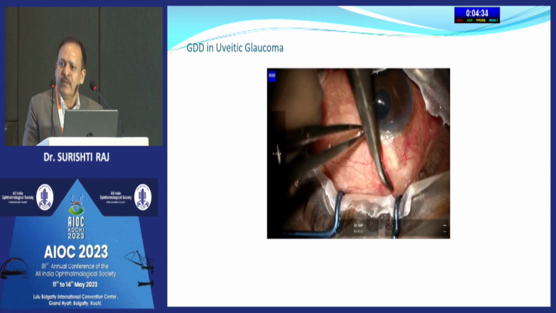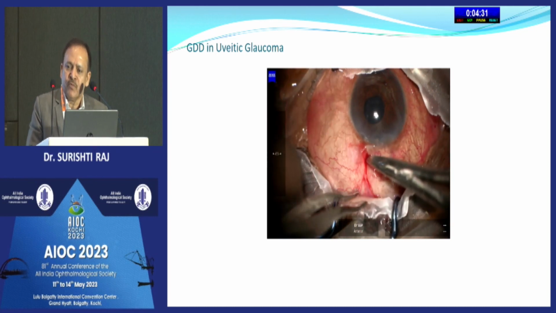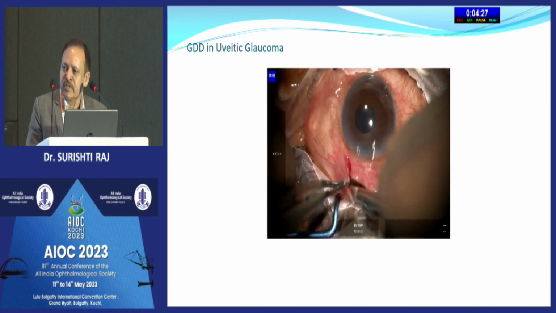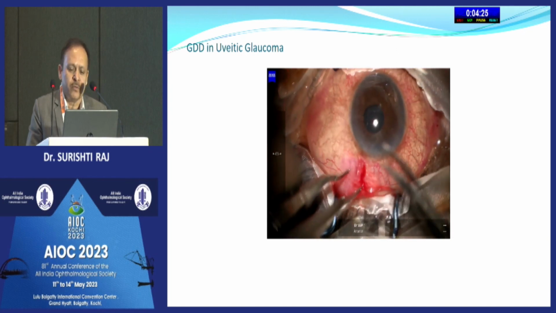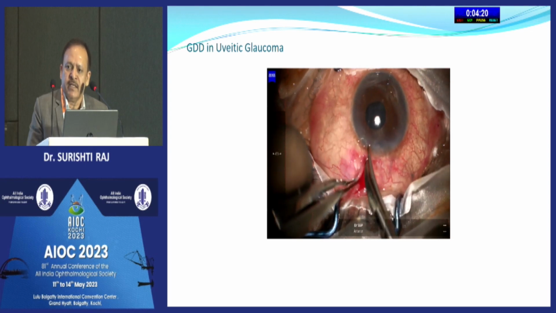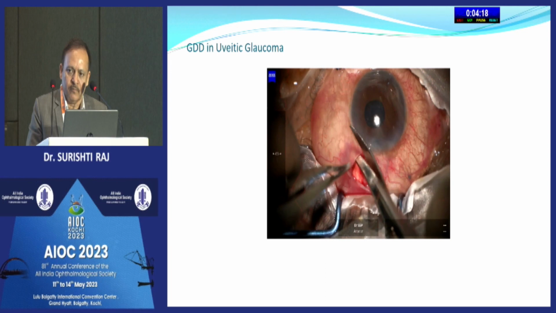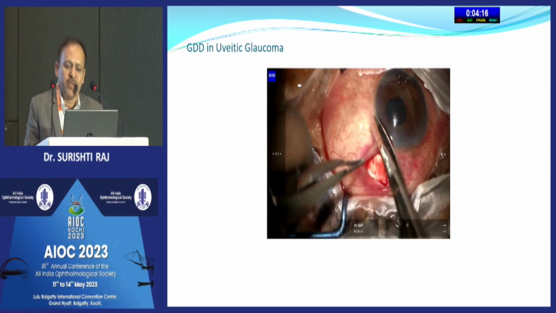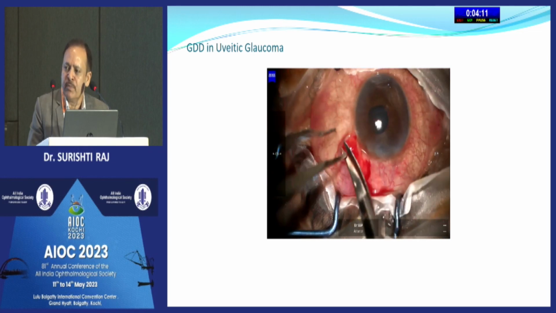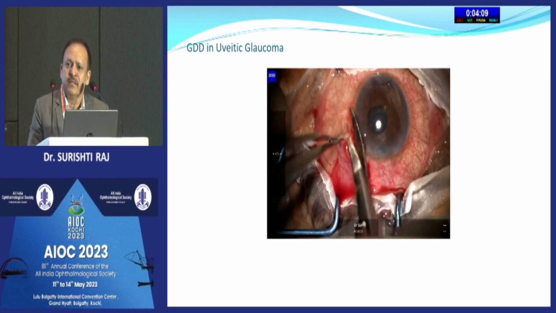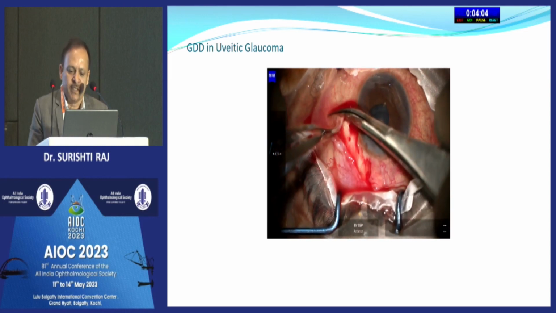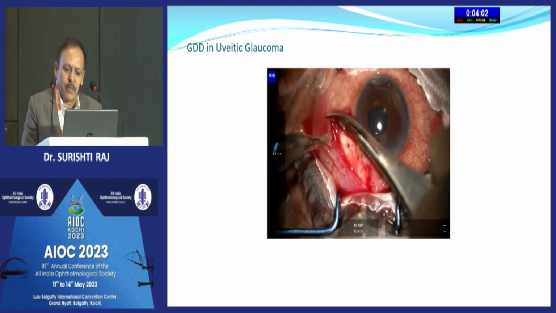Make a liberal flap, and as far as possible, use non-tooth forceps, or hold the tenon with tooth forceps whenever possible, and take care that there is no button holding of the conjunctiva. Usually we prefer the same quadrant, that is the temporal quadrant, unless there is fibrosis and synechiae, then you can go for superonasal also. And after creating the flap